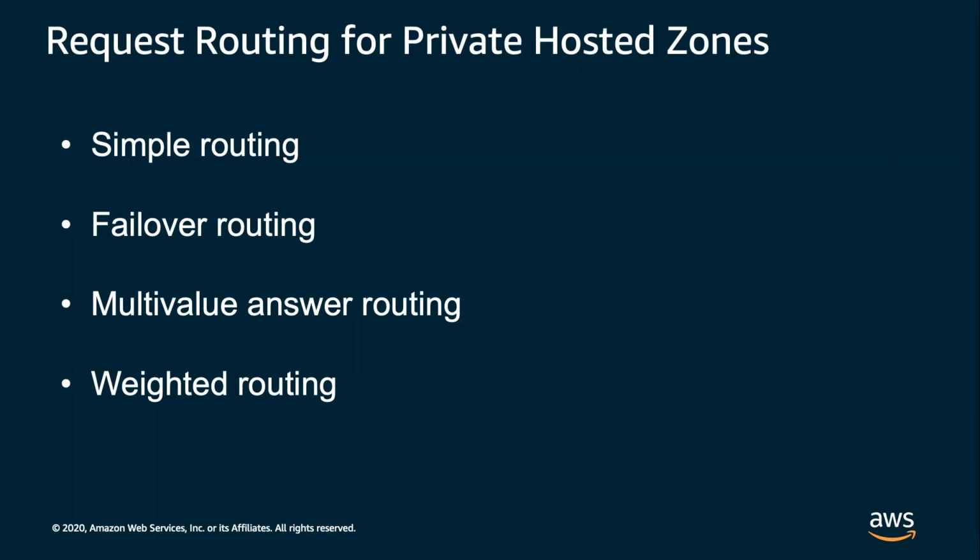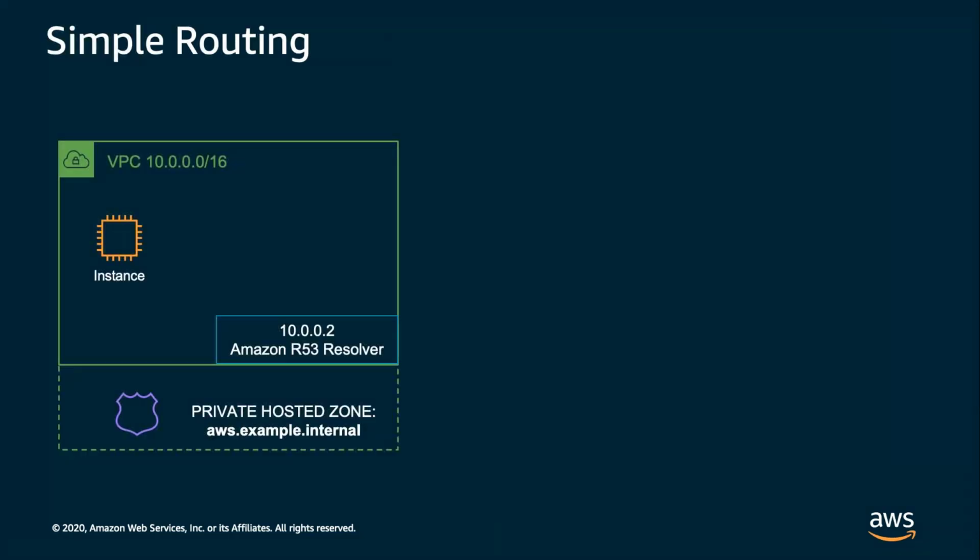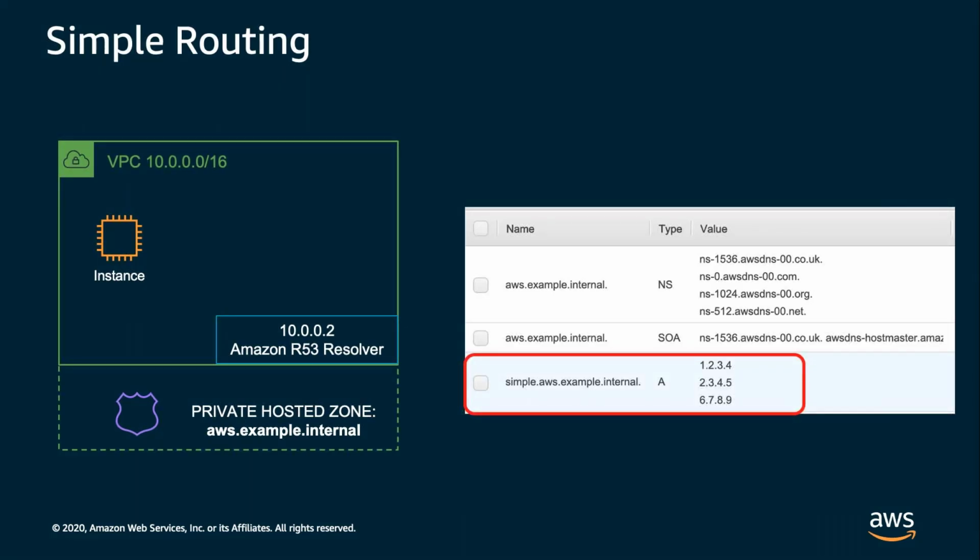We have a number of ways to route traffic with private hosted zones, and this also applies to public hosted zones for public DNS. We'll get into each of these. We have simple routing, which, as its name implies, is fairly simple. You can see here, this is a snapshot of the Route 53 console. We have a record for